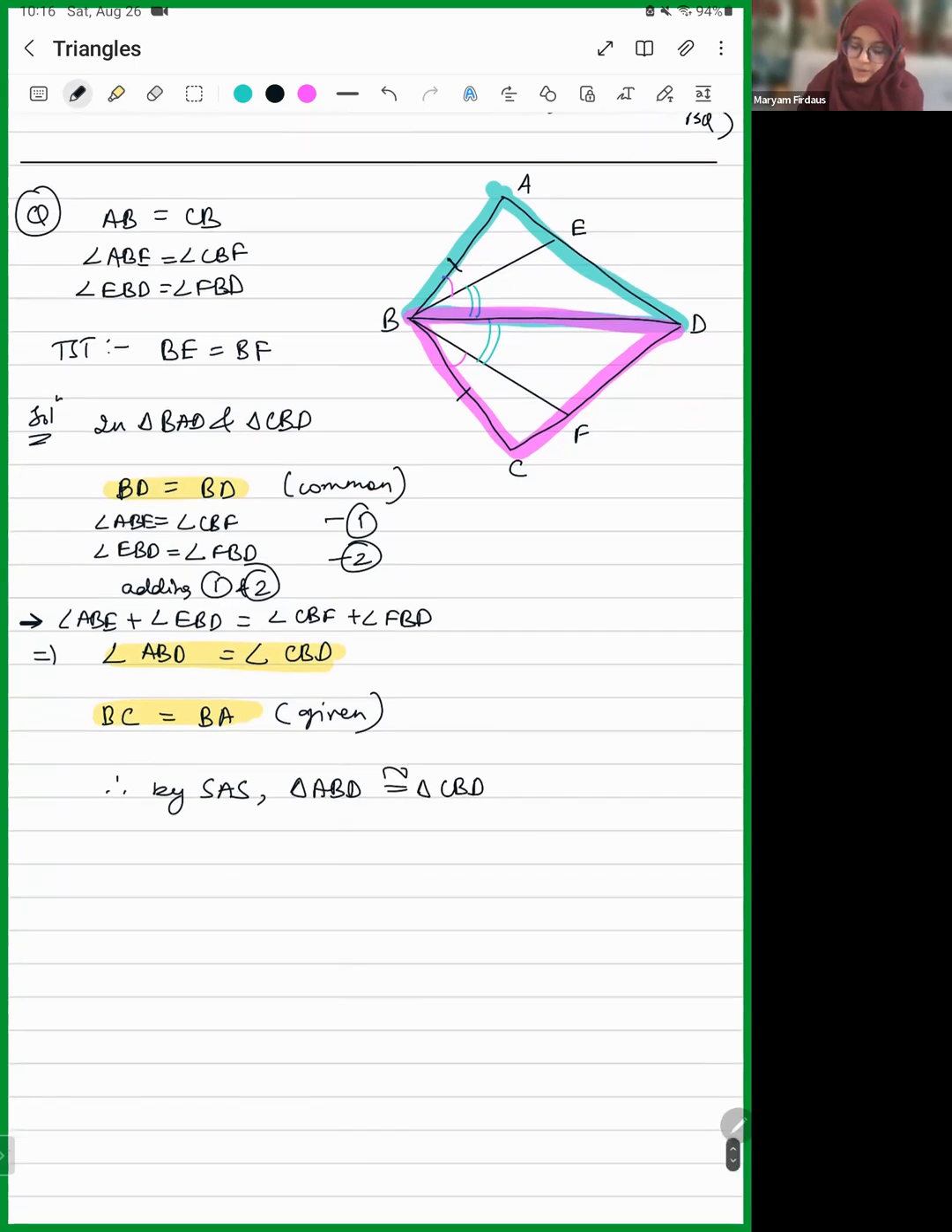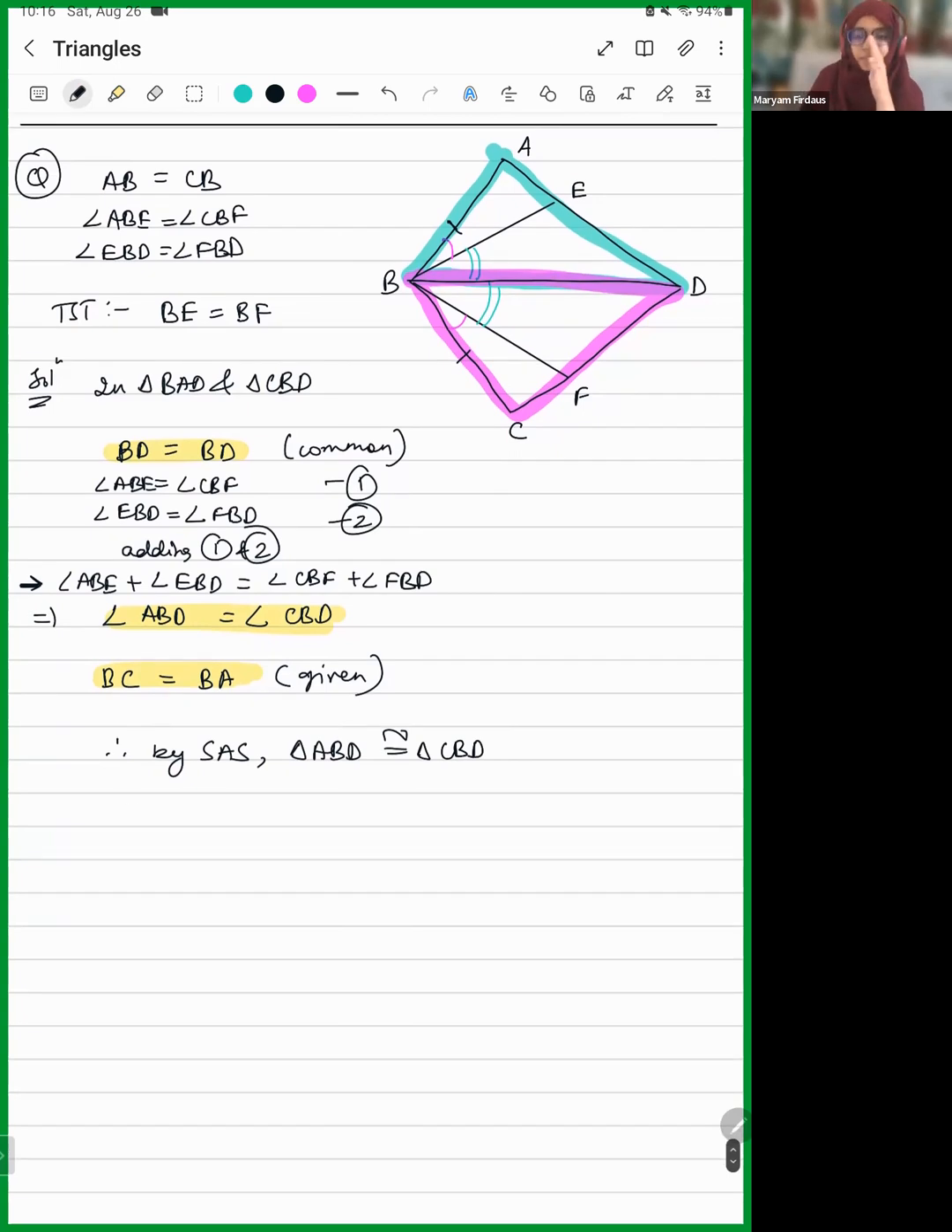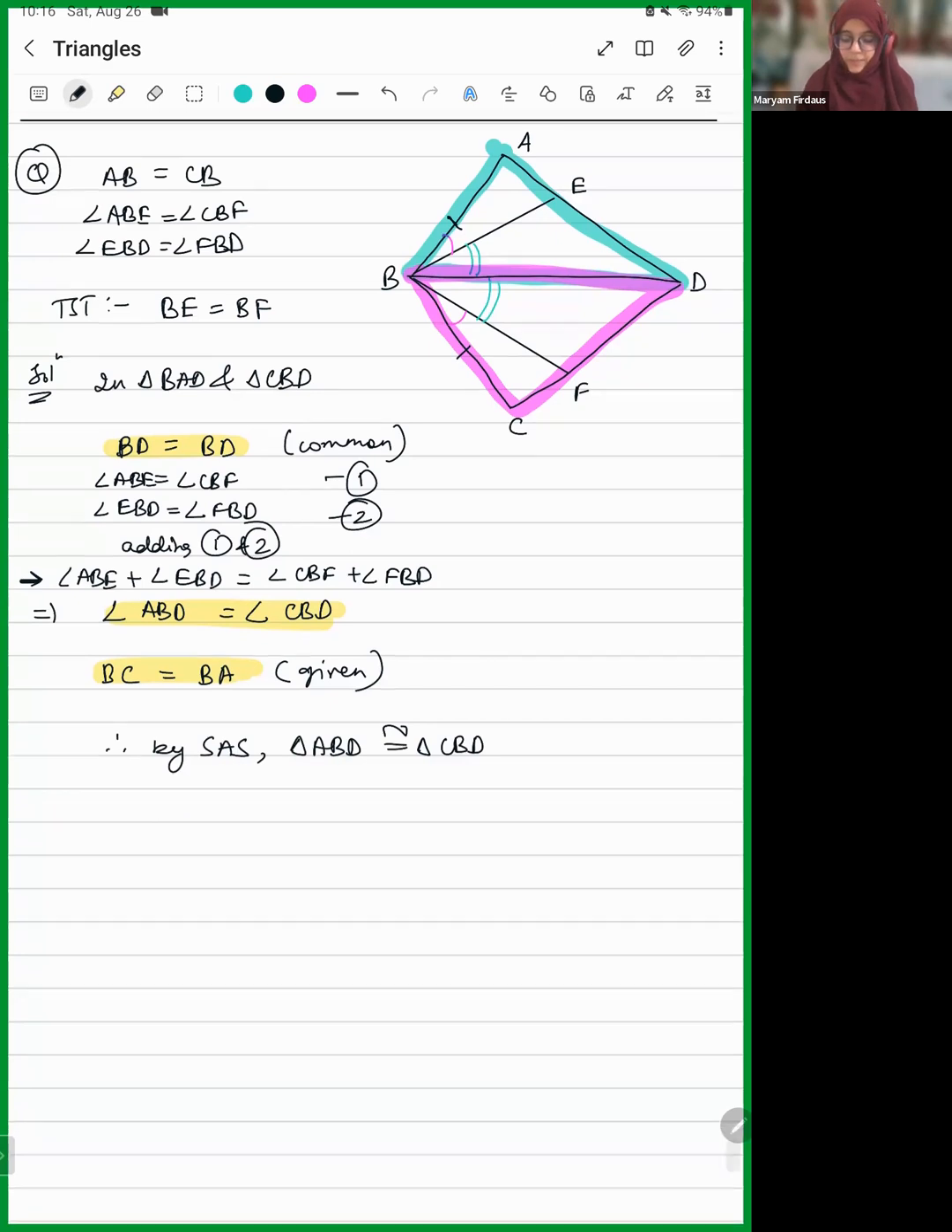Okay, now what do we do from here? Why have we proven them as congruent? Does anyone remember? Yes, ma'am. Because we have to prove that BE is equal to BF, sorry. But why have we taken these two as congruent? How is it going to help us prove BE equals BF? Because by CPCT,